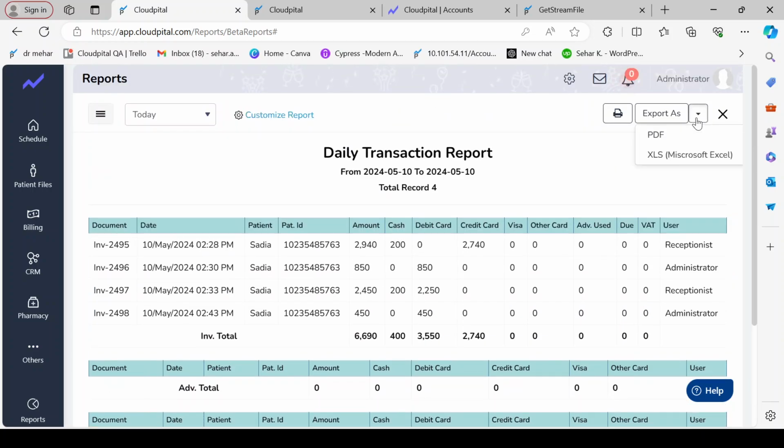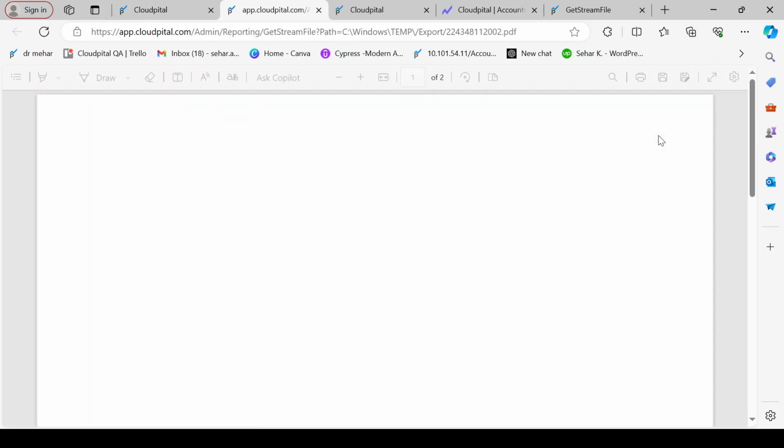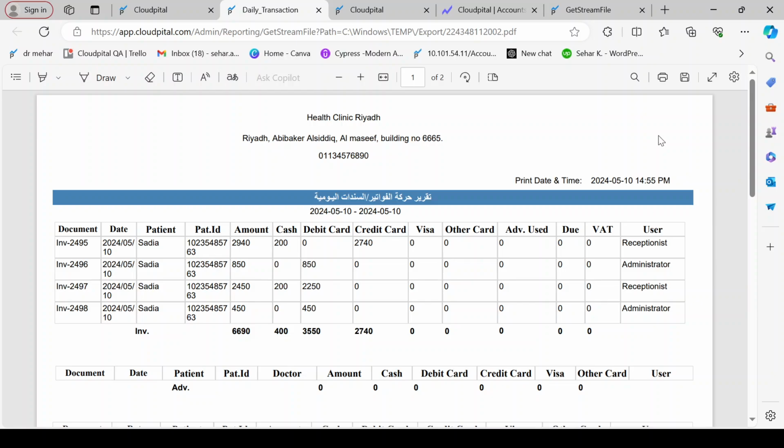We have two types of export, PDF export and Excel export, in our system. If I show you our PDF export, you can see how the reports are shown in our system. So these are the report formats, and by the way, these are all clinic-setting-wise. If they want a specific format, then we can also add it there. If they have a custom report format, we can add their custom reports and their specific format according to their need as well.